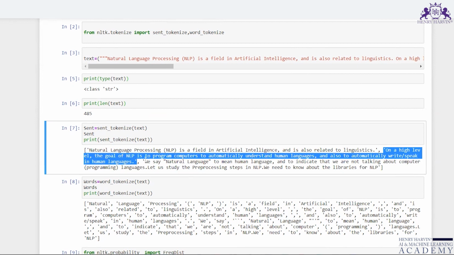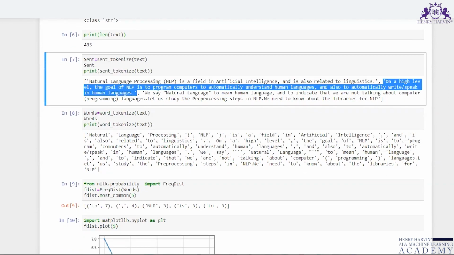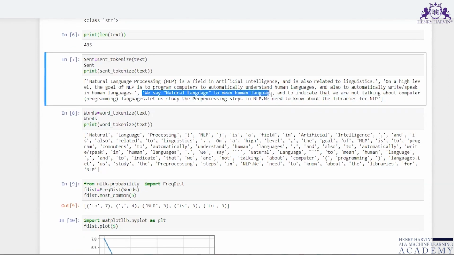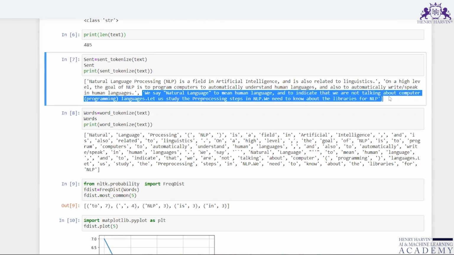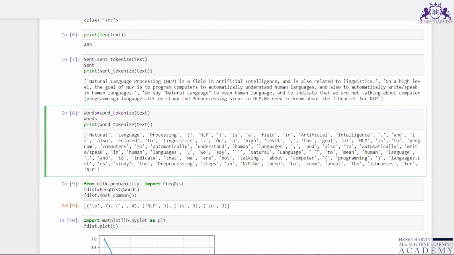The third sentence I'm getting: we say natural language to mean human language and to indicate that we are not talking about computer programming languages. Let us study the pre-processing steps. So this is what is happening over here.